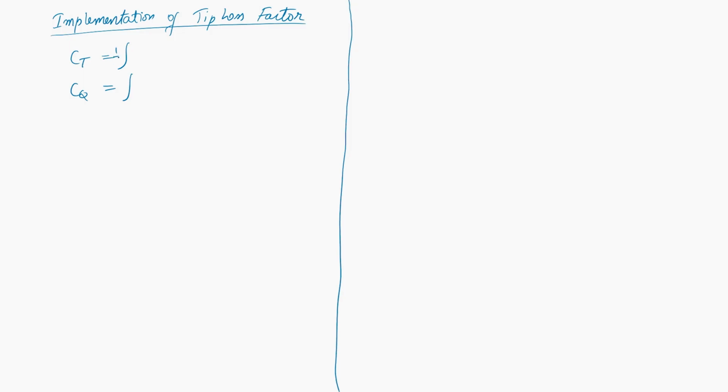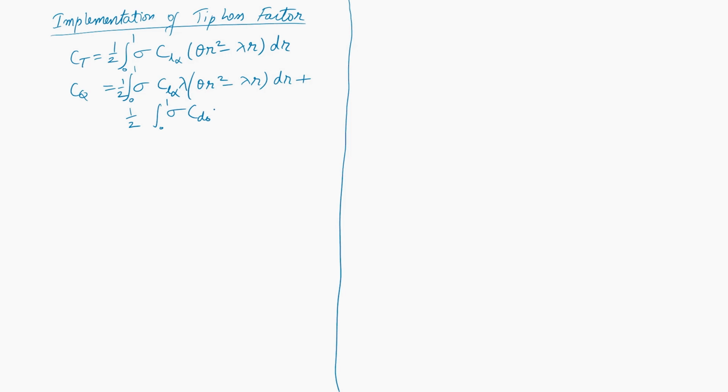CT is half, integral 0 to 1, sigma CL alpha into alpha, and let us write down alpha also as theta r square minus lambda r dr. CQ is half sigma CL alpha into lambda into theta r square minus lambda r dr, plus half sigma integral 0 to 1 of CD naught r cubed dr. So, in BEMT my objective is to evaluate these two integrals, and in that process